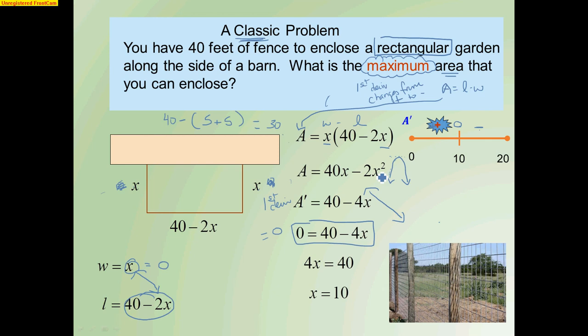So of course note that yes, the first derivative is positive, my original function is increasing, and my original function is area, so area is increasing to a max, and then area begins to decrease to a min. So therefore, I have a maximum. If you're increasing from a left endpoint, you must be a minimum. If you're decreasing to a right endpoint, you must also be a minimum. I'm looking for the maximum, so my only candidate is 10,